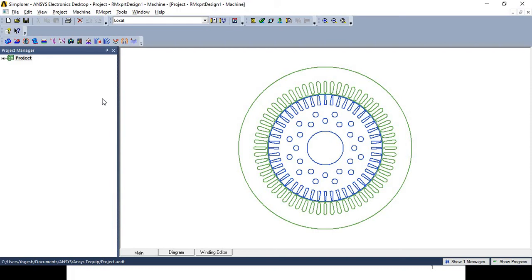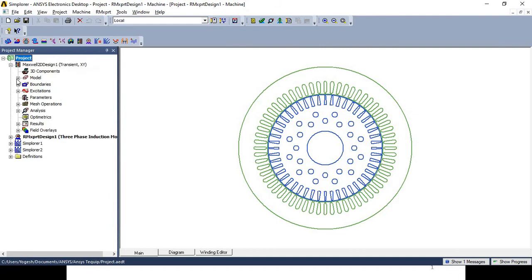So actually this is the project, and if we go into detail, this is actually a Maxwell 2D design. In this part we will also see how to convert the existing example into the Maxwell 2D design. But right now,